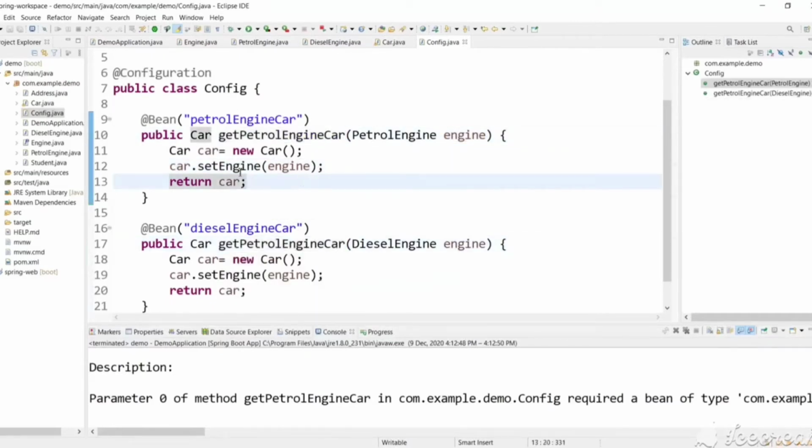So if you want to create a car object, we need to call explicitly get petrol engine car, and we need to pass these arguments. But if you have the @Bean and @Configuration, we can happily get them using an annotation @Autowired or